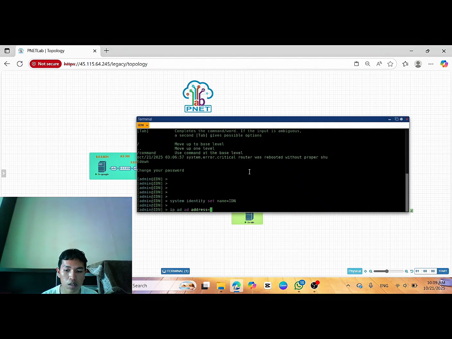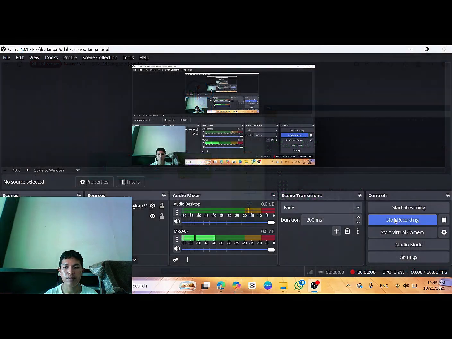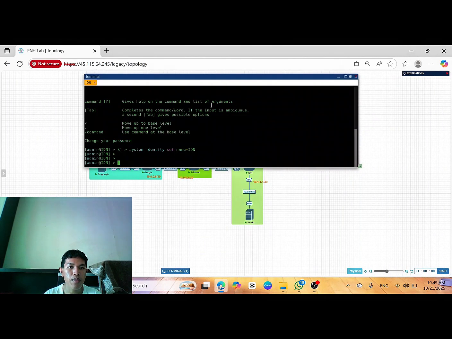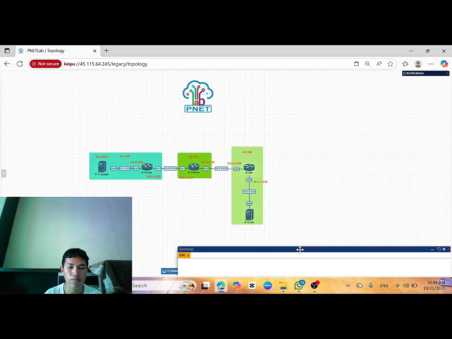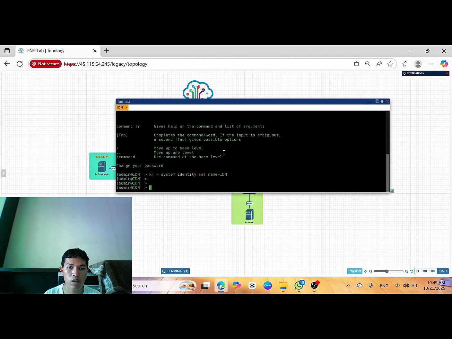And for the shortcuts, you can click tab like this. IP, address, you can click tab. You can add the address. For step 1, adding IP addresses for everything, starting from the local router.